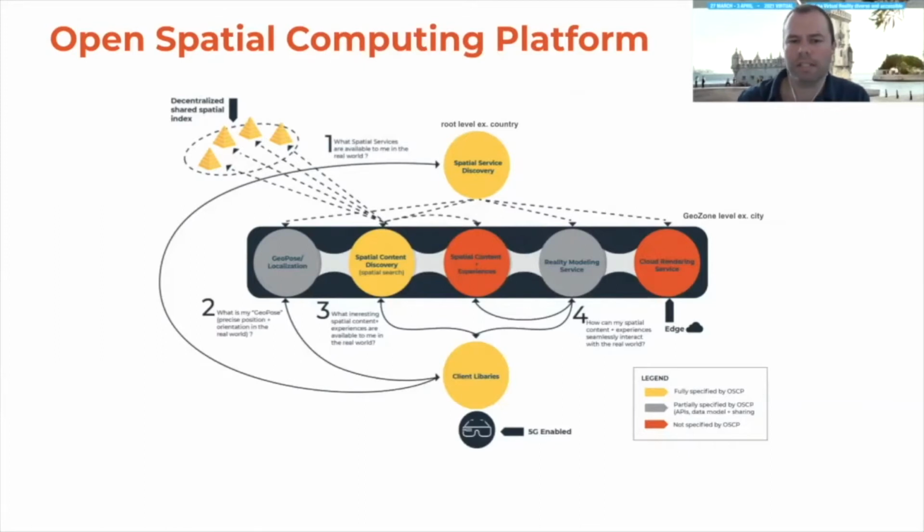So now that you've discovered the spatial content, we move on to the very last step here, which is reality modeling. Reality modeling is still very much an emerging concept. There's a lot of work here to do, and it's in the early stages. But reality modeling is where this digital twin of the real world ultimately lives.